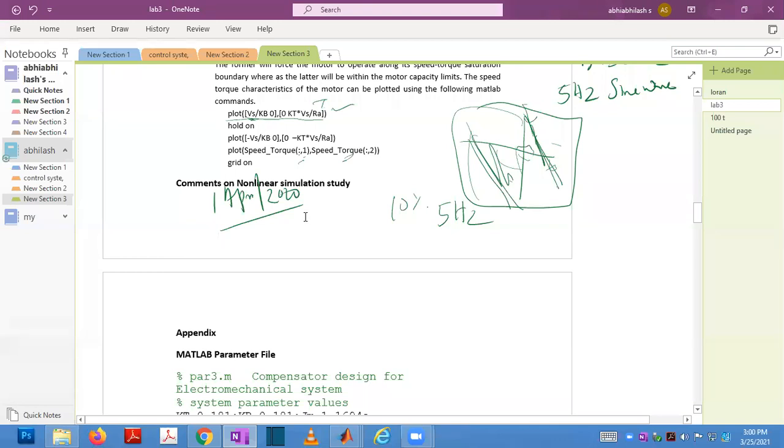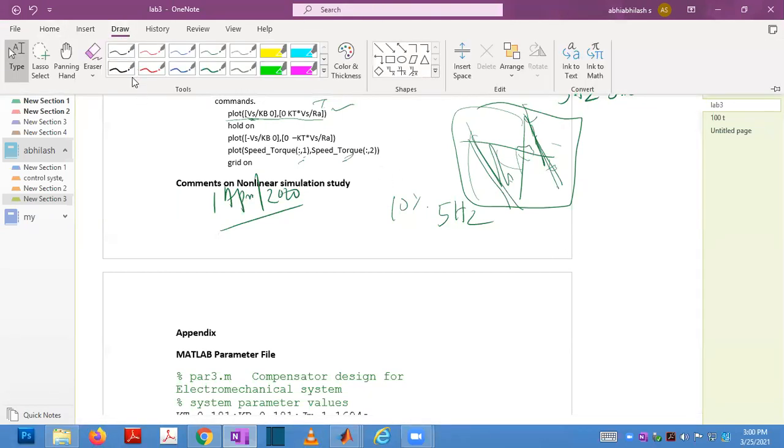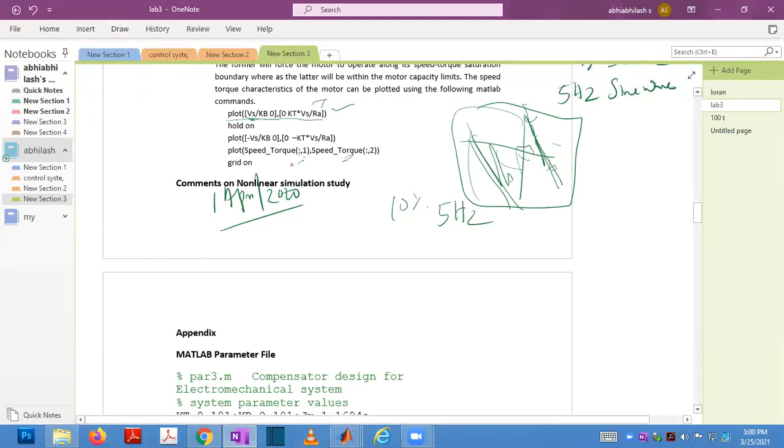Some of them mailed me that they are not getting these things. So if there is anything, just share your screen. You just complete these things. I think next to next week your exam will start, so before that you submit this report.